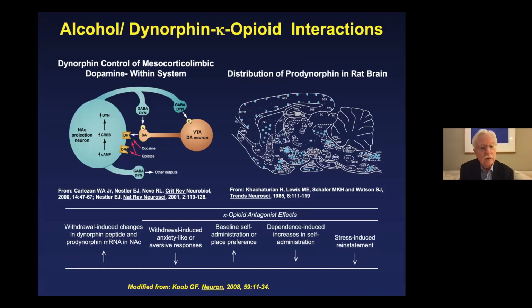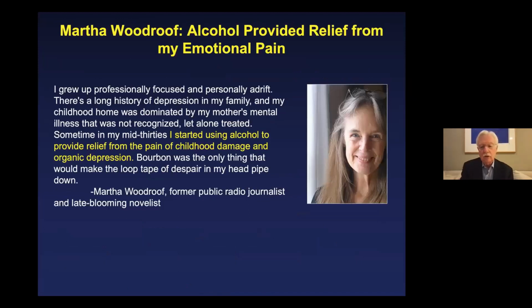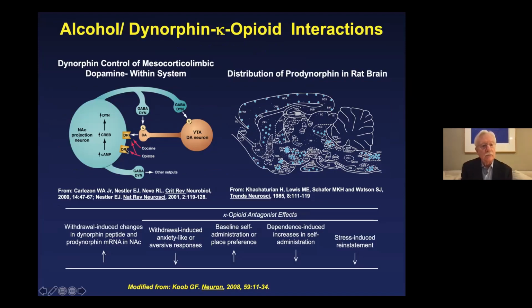And a long time ago, Bill Carlezon and Eric Nestler hypothesized that if you excessively activated dopamine receptors or opioid receptors in the nucleus accumbens, you drove a biochemical process by which cyclic AMP was activated, cyclic AMP response element binding protein was activated, and dynorphin was activated, and this dynorphin fed back and shut off the dopamine system. And so you can think of this as a between and a within system neuroadaptation in a sense,